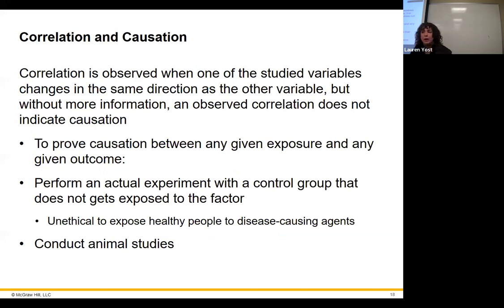But we have to be very careful, because correlation does not mean causation. I don't have a good example to explain this to people, but anybody that knows what I'm talking about knows exactly what I'm talking about here. Just because somebody was found at a crime scene and was the only person there and has blood on their hands doesn't necessarily mean that they were the killer, right? You need to do investigation to prove that they were or weren't the killer. Let's just say they found the body there and they were just trying to help. You don't want to just put that person in prison just because they were there with blood on their hands. So that's correlation.